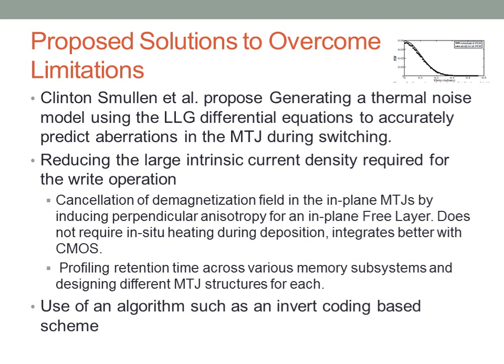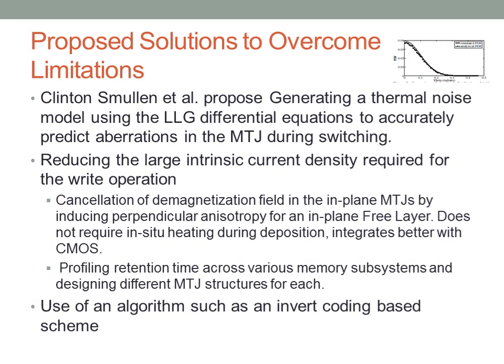To reduce the write current of the MTJ, we need to reduce the large intrinsic current density required for the write operation. This can be done in two ways. Inducing perpendicular anisotropy in the in-plane layer can cancel the demagnetization field in the in-plane MTJs and thus can reduce the large intrinsic current density required for write operation. The advantage of this is it does not require in situ heating during deposition and thus integrates better with CMOS